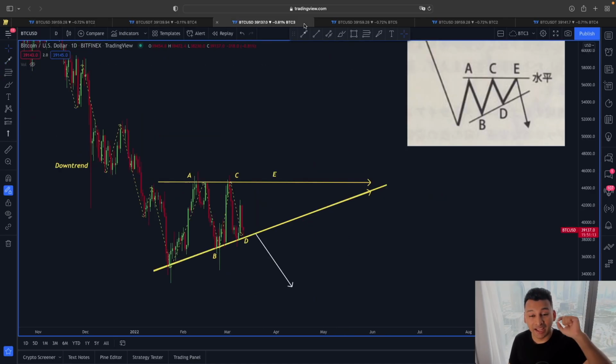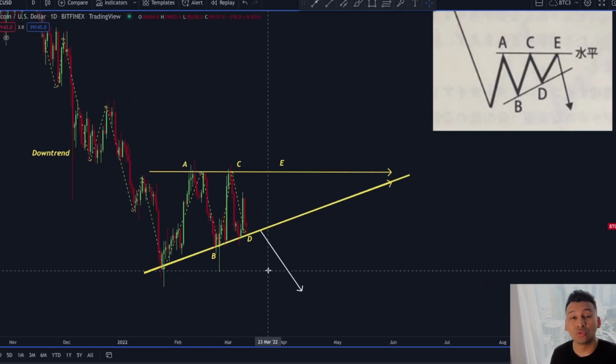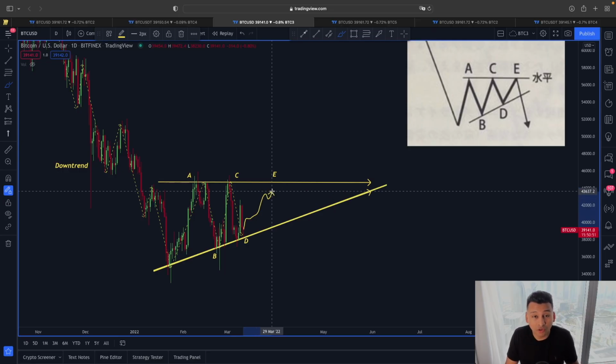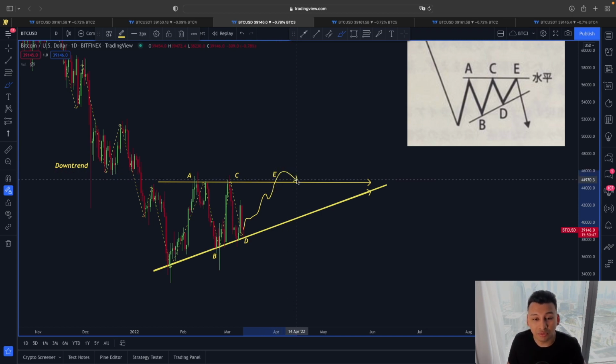So that's why, as you can see, this 38,000 is a must-hold support line for Bitcoin. If there is going to be any sort of movement, then we also want the price of Bitcoin to clearly break this resistance around 45,000 into support. As long as we are not going to do that, any kind of movement in the price action of Bitcoin